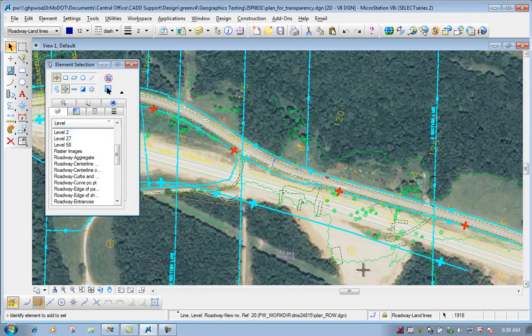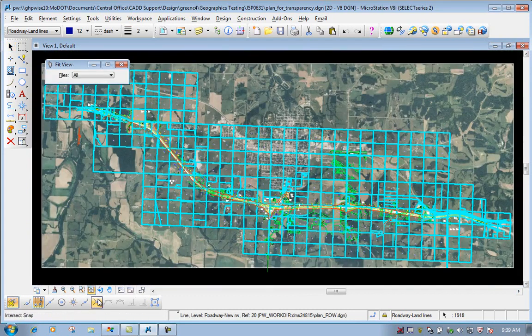I have everything that I want selected for this example. I'll go ahead and do a fit view, that way I can see everything. Grabbed a lot of stuff, that's alright. I'm going to go ahead and copy it. I'll select my copy tool,